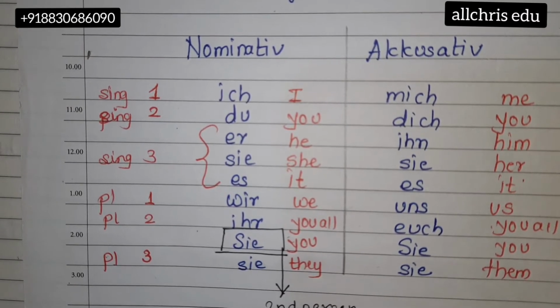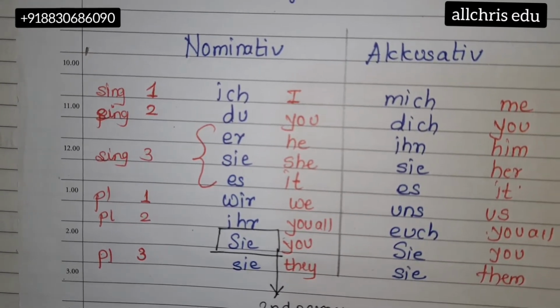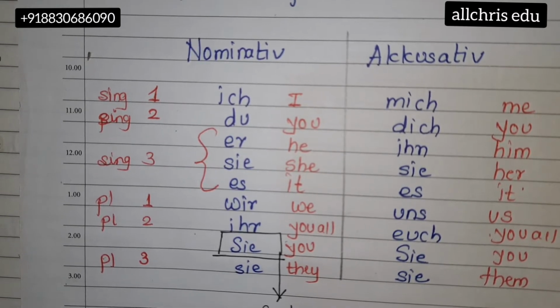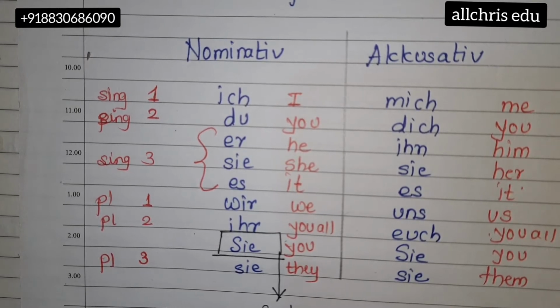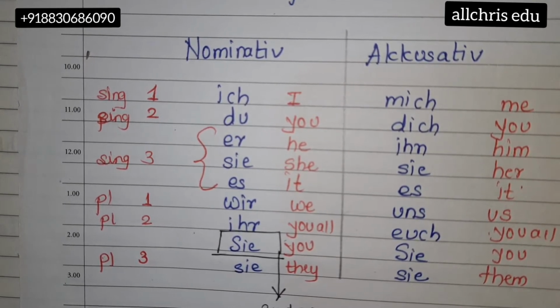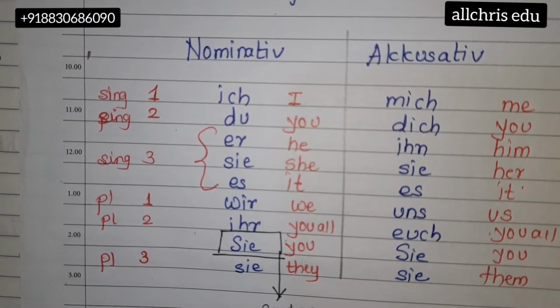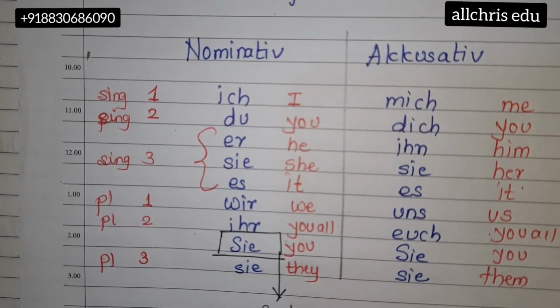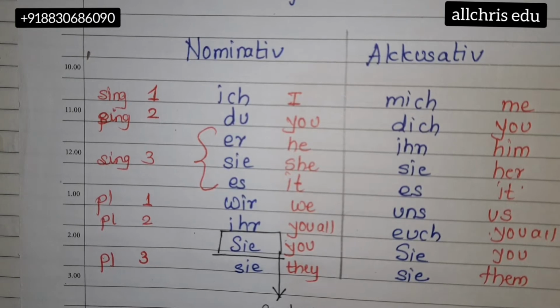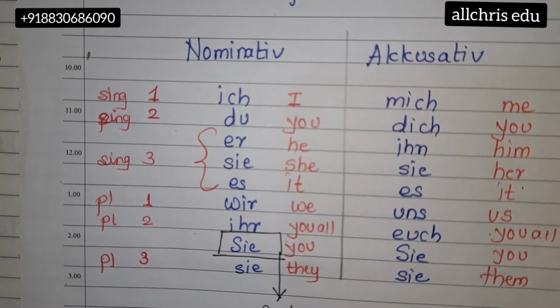If you are not aware of these concepts, note that we use them very fluently in our day-to-day life in English. But when the time comes to recognize the personal pronouns in a sentence and give the reason why you have used a particular personal pronoun, you are not able to do it perfectly. So please go and watch the previous videos, part 1 and part 2, which are completely based on the nominative column. Go through them and then only come back to this video.